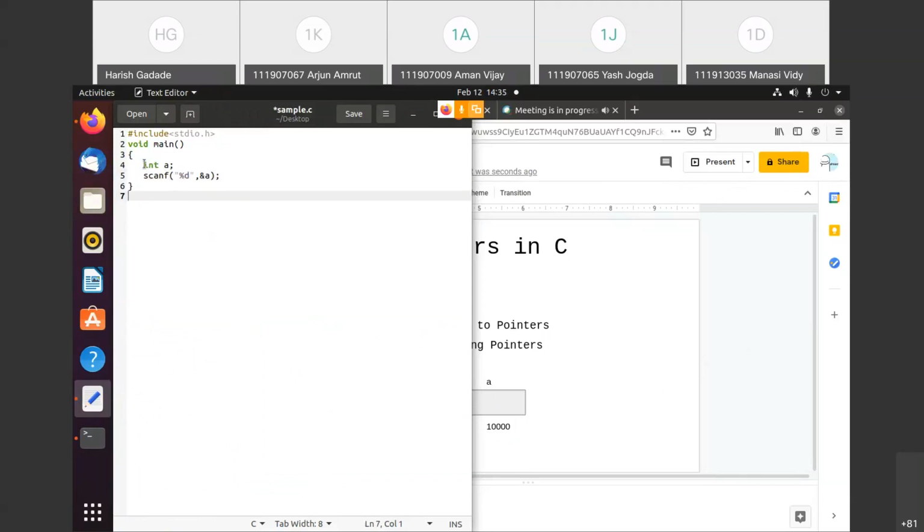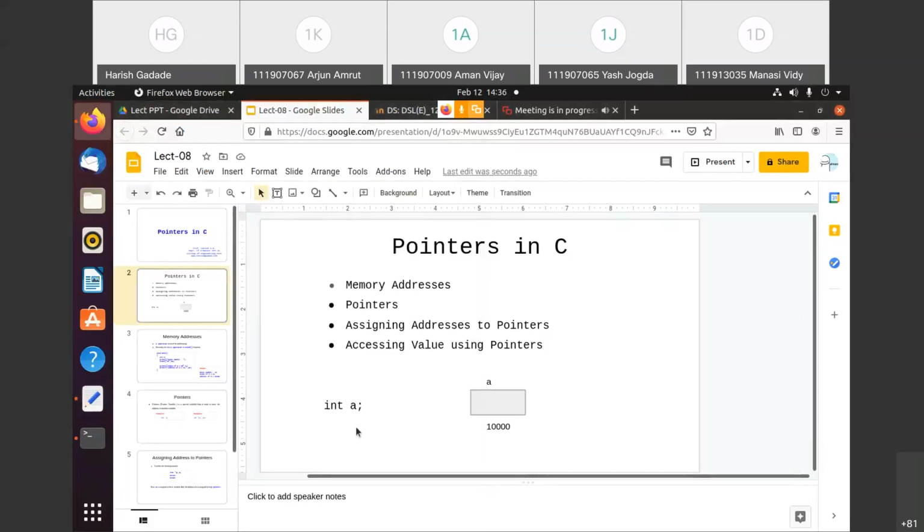So the meaning is what? This is the variable. This happens when I write this. scanf is to accept the input from the keyboard, so whatever input is entered by the user through the keyboard will be stored at this address. And &a means at the address of a, that input will be stored. So the ampersand represents the address of a. Getting this? I think you might have understood this. I'll just delete this one.